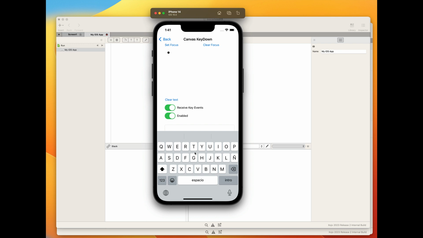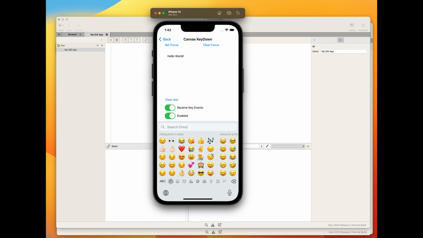events from it. Here we can see how this is a regular canvas painting a black dot in response of the user finger tapping and dragging along its area. And as soon as we start typing in the keyboard, the canvas will paint the pressed keys via the code we wrote in the KeyDown event. Of course, it also supports receiving as key events the selection not only of the usual characters, but also of